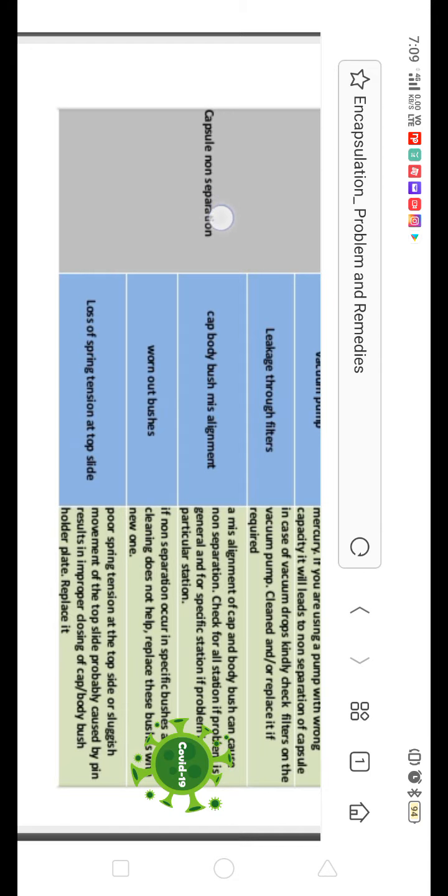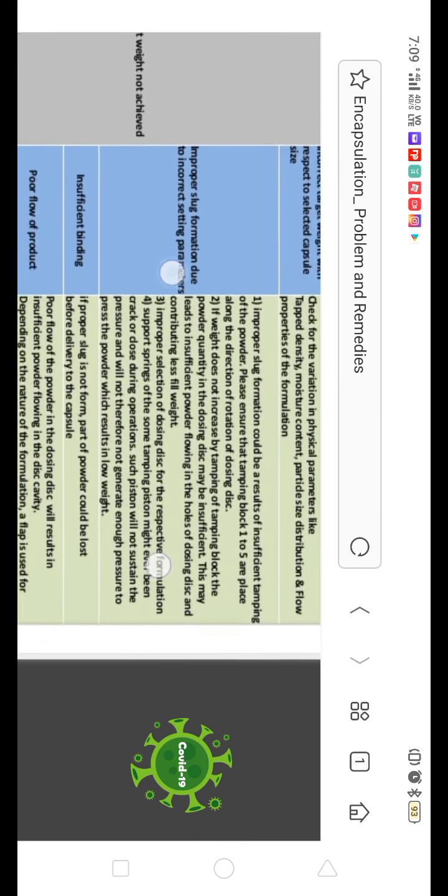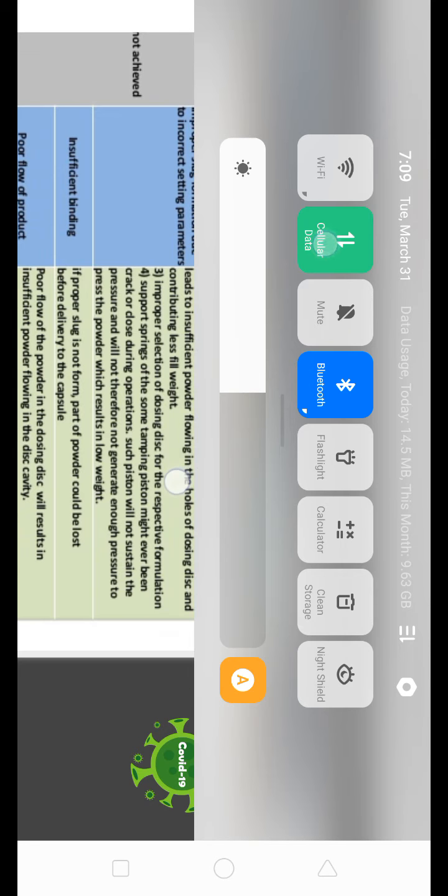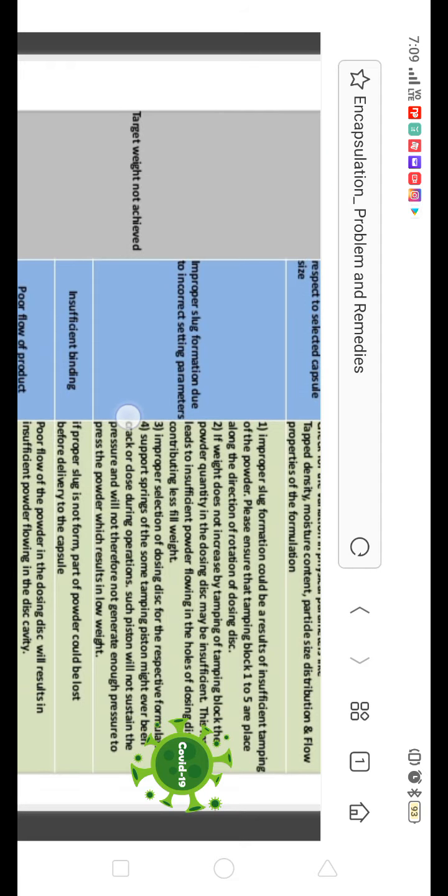So poor spring tension at the top slides, or sluggish movement of the top slide, properly caused by the pin, results in improper dosing, right? So the dosing pins will not have proper control, so it will give you dose variation, so we have to replace it. Okay, so next is